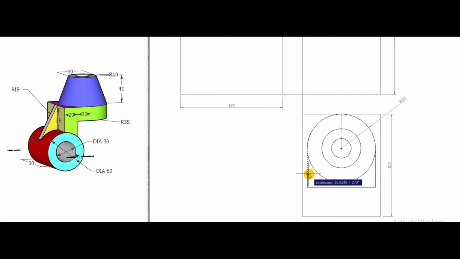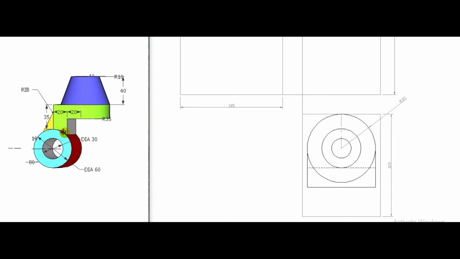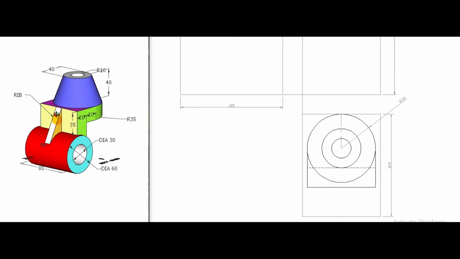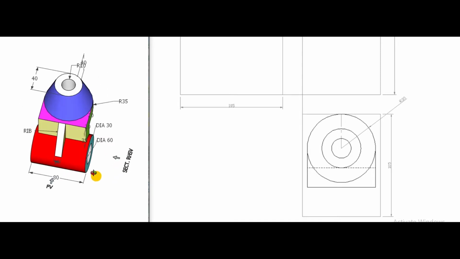And draw this line up to here. Yes, correct. This edge, which is not visible, I have shown here. Now this is a rib, which we cannot show easily here because we have to take the help of the side view. So we'll draw it later on. Now draw this portion, that is the red color portion. In top view, this appears like this one.